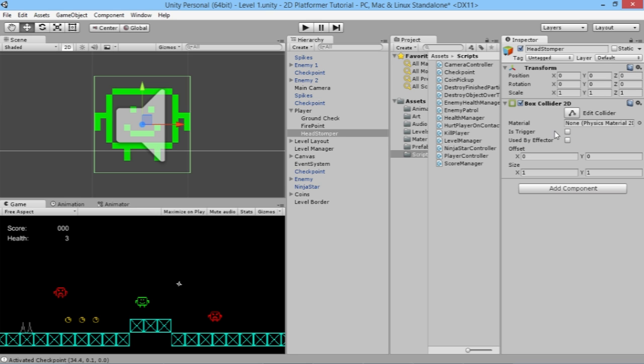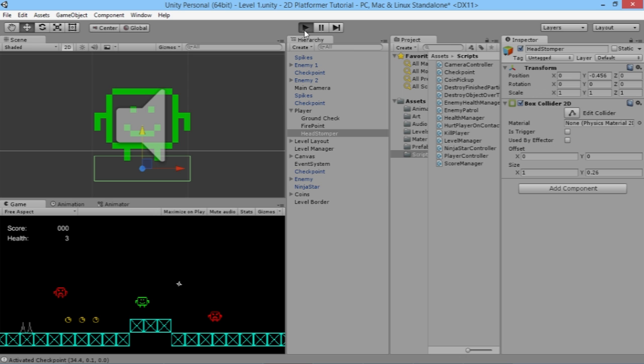Box collider 2D. And we don't want it to be anywhere near that big. We want to squash the size down just like that. And we'll drag that down so it's just below his feet there. So then when he lands on an enemy with this box, hopefully when we create a script, this little box will hurt the enemy. So obviously at the moment, if we hit play